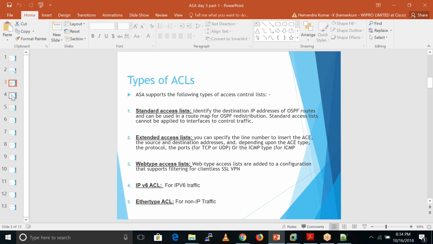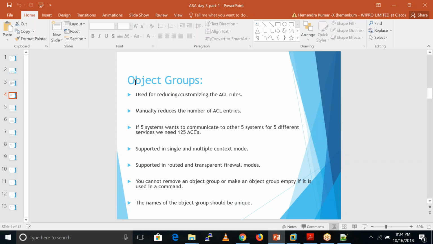This is another type of ACL, object groups. We use object groups for reducing and customizing the ACL rules. Reducing or customization means, for example, we have 10 users in our inside network who belong to the sales department, and we also have an HR department.